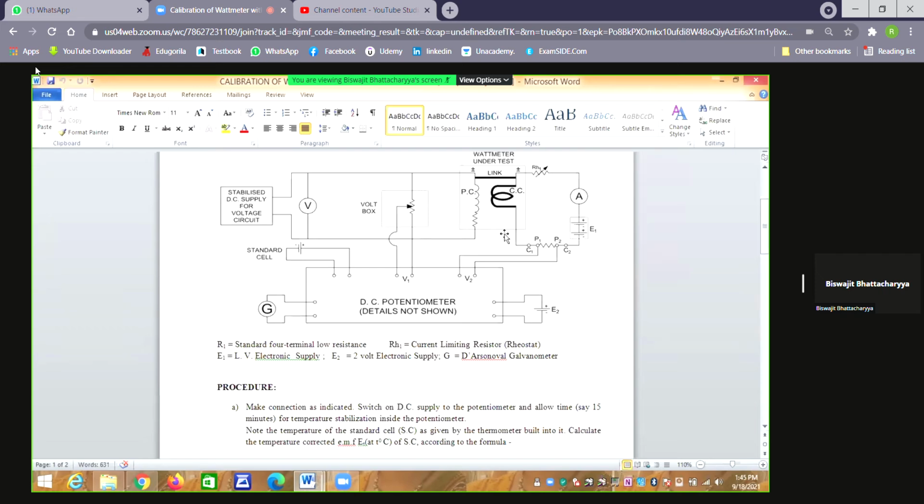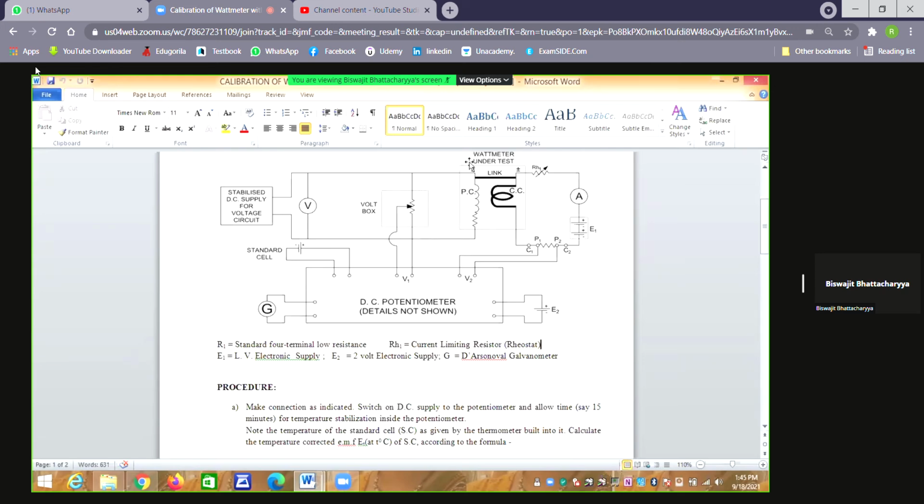So it means what? The other side of the pressure coil does not mean the other side of the externally added resistance. No, it is not this side. It is the side in between pressure coil and resistance. The other side of the pressure coil means it is the node between pressure coil and the externally added resistance. So this voltage is therefore very small and is quite closer to the voltage of current coil in the other side. So it means what?